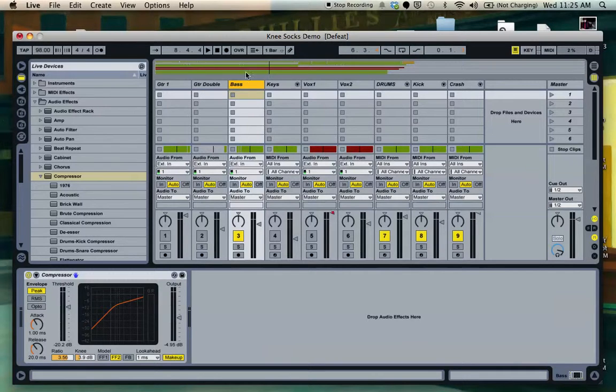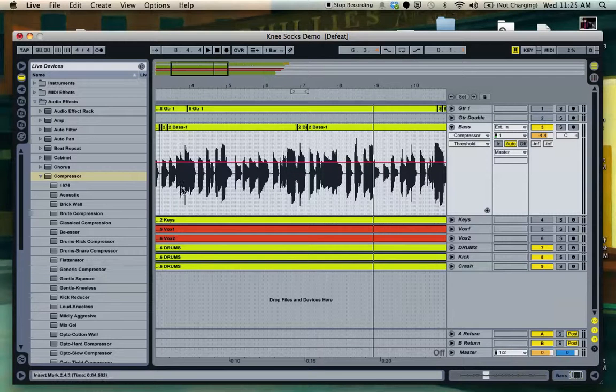Today I'm going to be compressing the bass and showing you the basics. First I'm going to show you what peak is. So a peak compression is when, if the volume were to go over a certain threshold, let's say this imaginary line right here, it would bring the volume down. So it has a more uniform volume